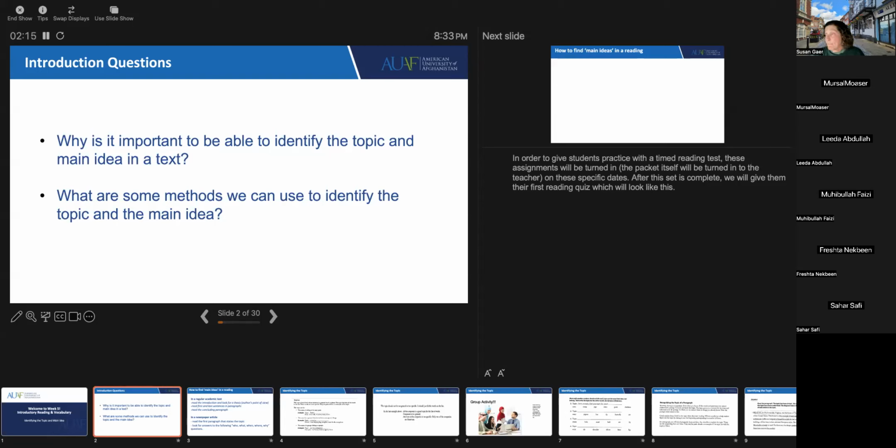And after that, read the first sentence of the topic. Then it will tell us what the whole passage is about. Right. And also read the first sentence and the last sentence and see what words you see. Like if you see a word that's used over and over again, that's probably a very important word.